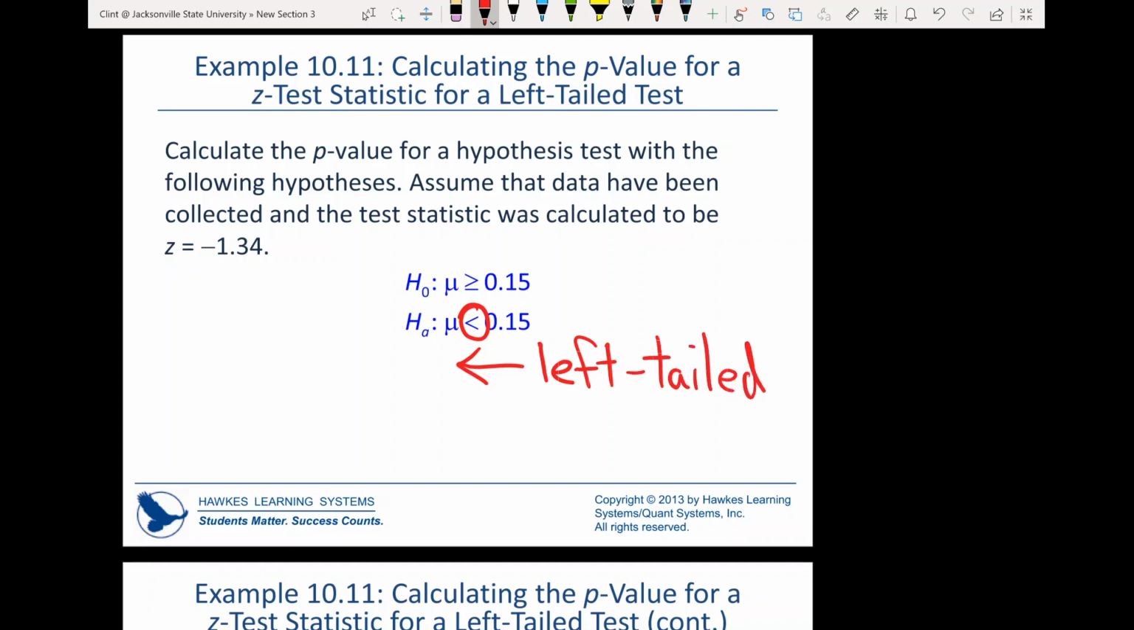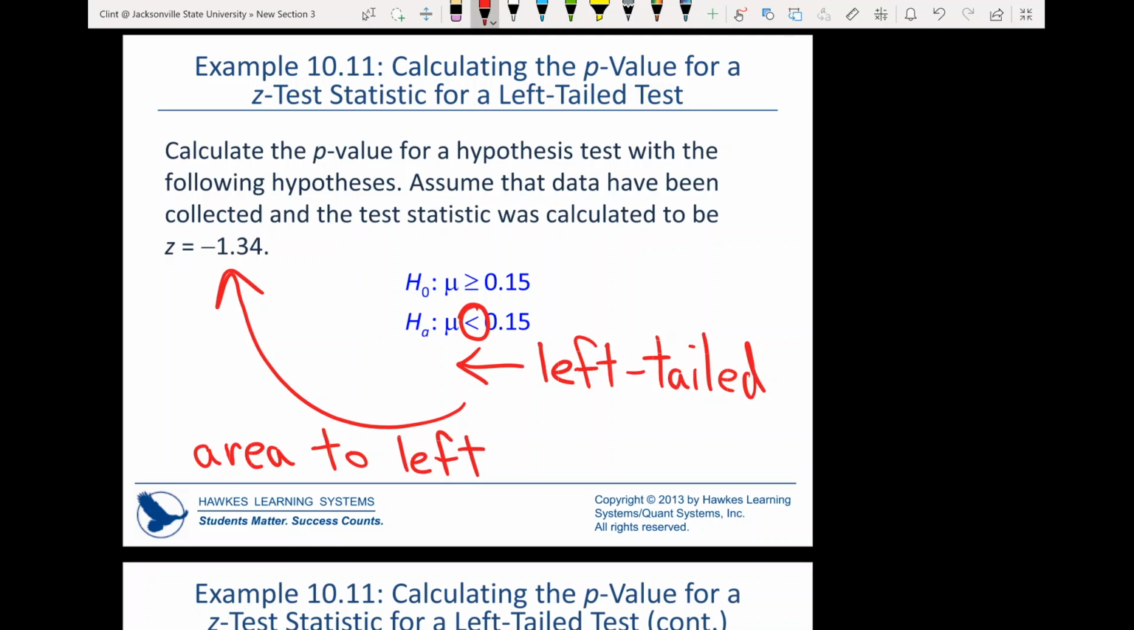Okay. So since this is a left-tailed test, we want the area to the left of our test statistic. And the area to the left of that test statistic is going to be our p-value. So left-tailed test, we want the area to the left of the test statistic. Okay, so what we would do, we would go to our tables, we would look up the area to the